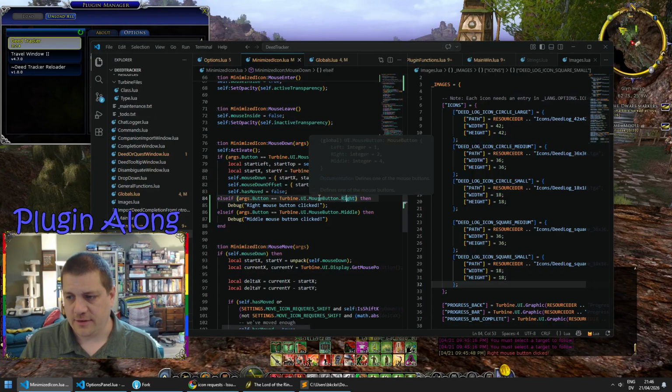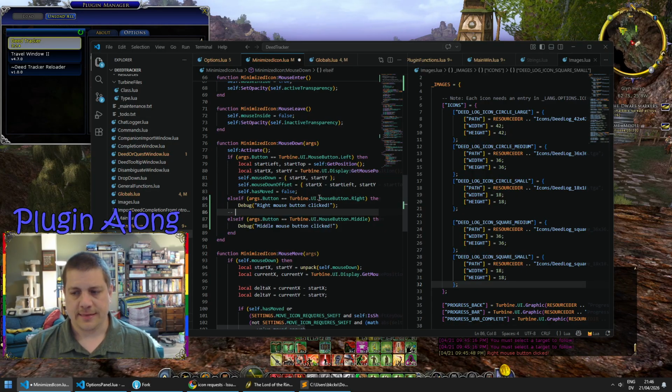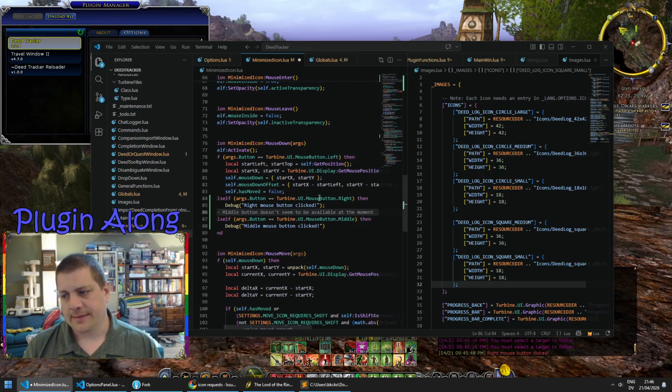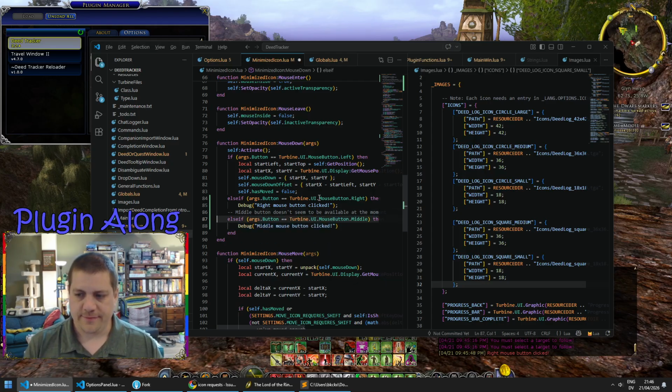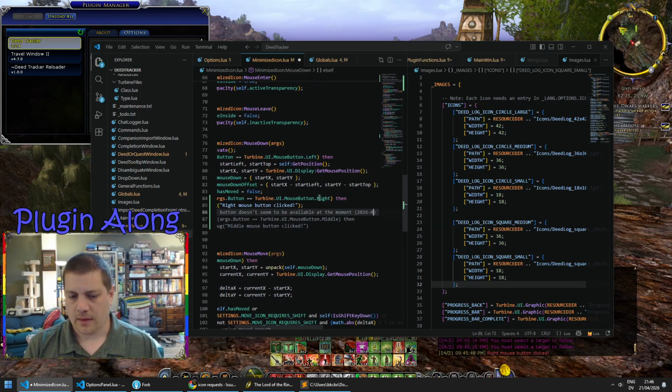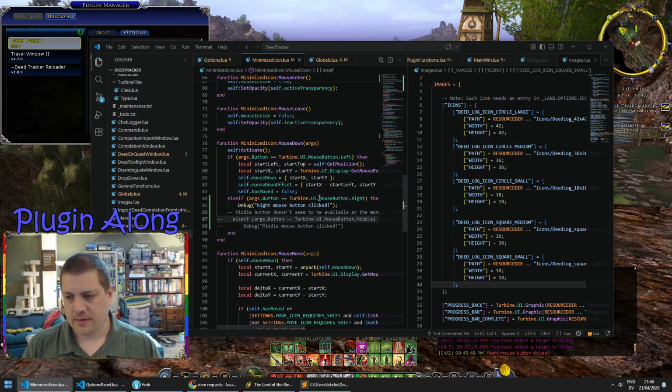I don't think it's as an intuitive thing to do. So we're just going to say middle button doesn't seem to be available at the moment. In fact, I'll just leave that. And we're just going to document when was it that I saw that. Okay, so